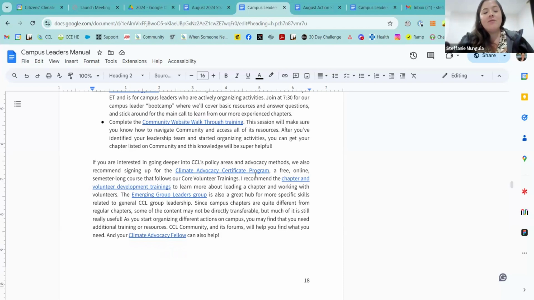But if you are an overly organized and prepared person, we would love to make sure that you have those resources as well. So the first one is the Climate Advocacy Certificate Program. If you're interested in earning a certificate, potentially even earning academic credit through your institution, I would definitely recommend signing up for this. It is structured more as like a 1 credit online course that you might get through your university, and you'll have a weekly live session. Also, recordings will be available for that too.